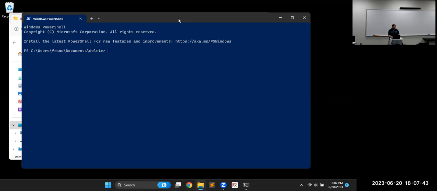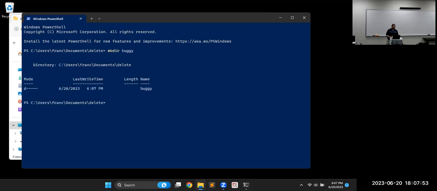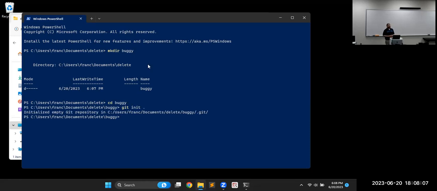So we need a repository here, so I'm going to make one. I'll make a new folder called buggy. This is for dealing with bugs, a way to track down and deal with bugs. So if I go in there and initialize that, all things we've seen a few times before, right? Initialize that, and I want to do several commits. So I'm just going to do one file each, and